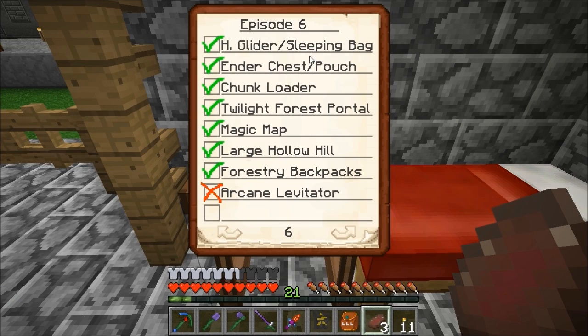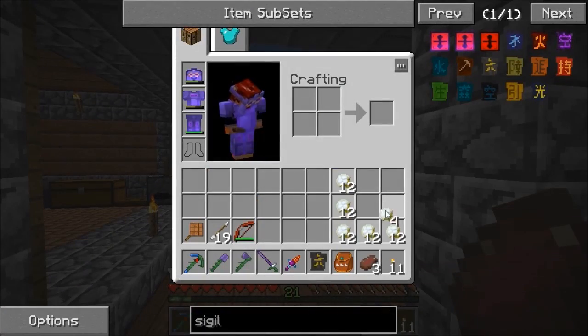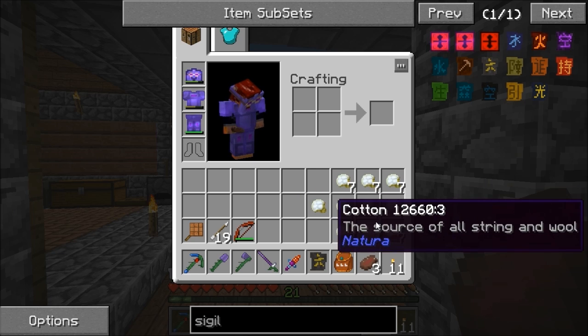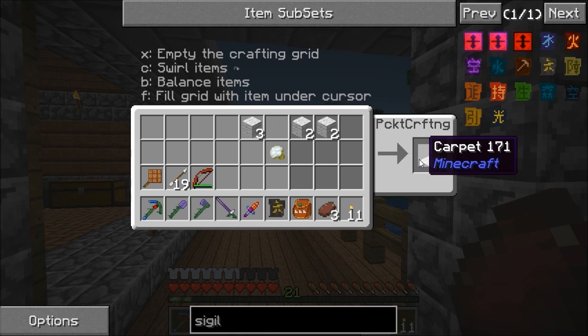I said I had no wool, of course. I've got cotton, which is wool, I always forget. So get some cotton, make that into a square like that, gets you wool. If you do it into a 3, gets you string. But if you do it into a 9, so even that out with B, there we go, gets you wool, so we can get some wool out of that. Wonderful. And now what we want to do is make some of them into carpet,